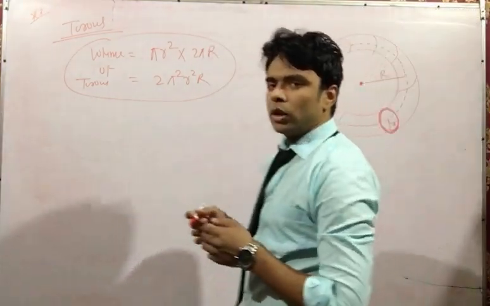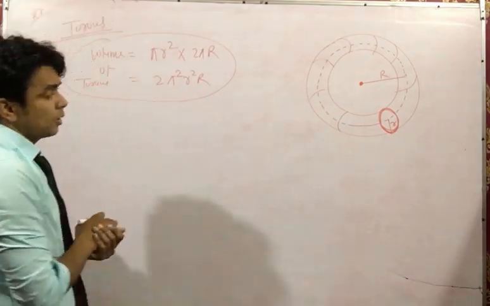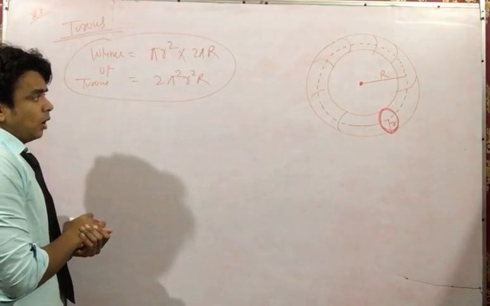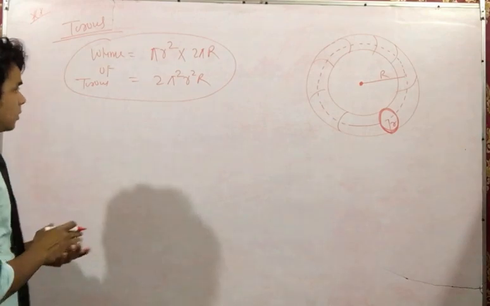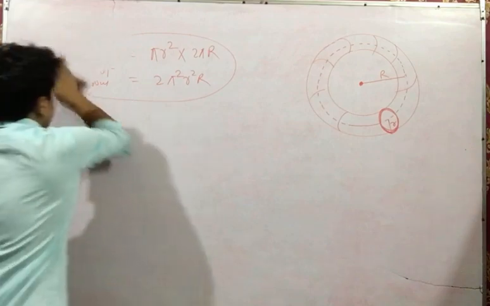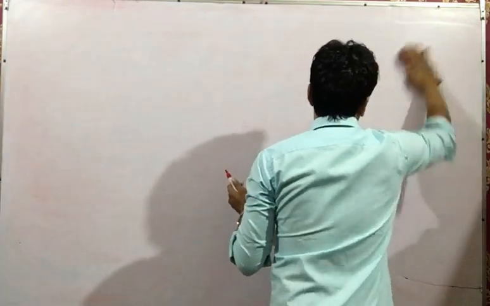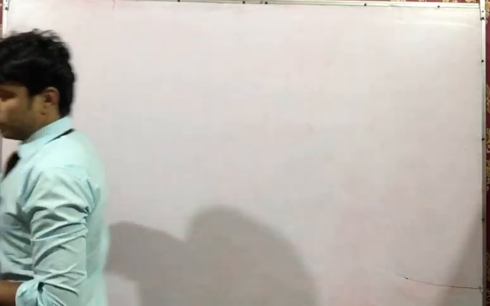And frustum of cone is also a topic which has been removed by CBSE for this session. You can remember the formulas. It's not that tough. So now I will teach you some combinations of figures, because that is important for boards. Combination of figures is always asked, and look how it is done.